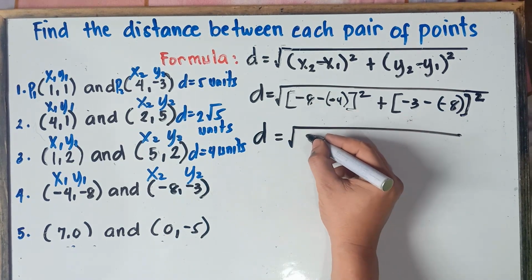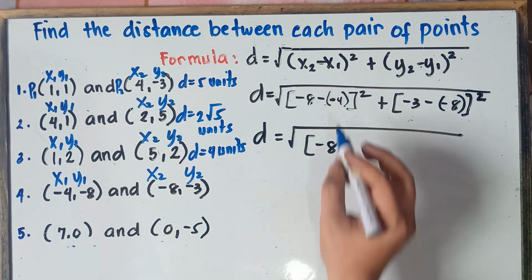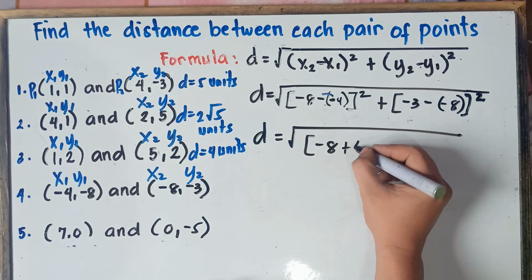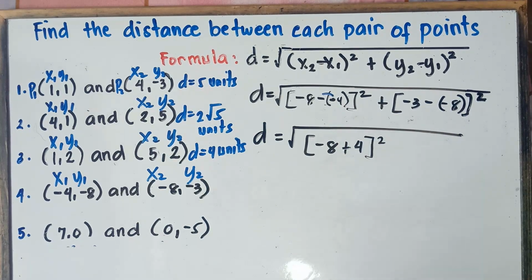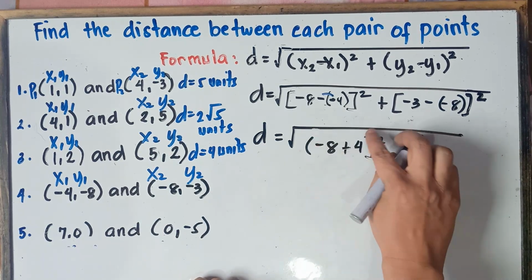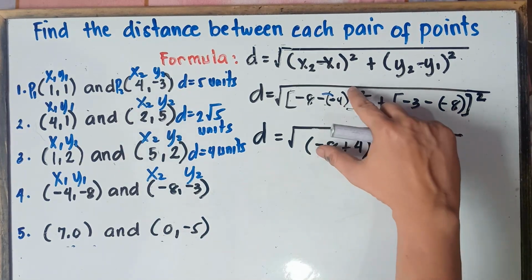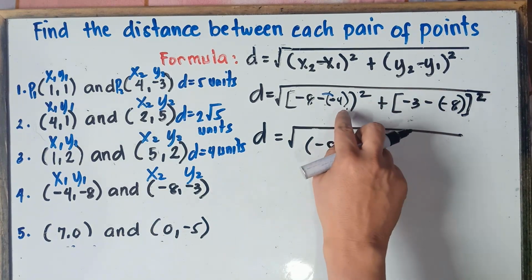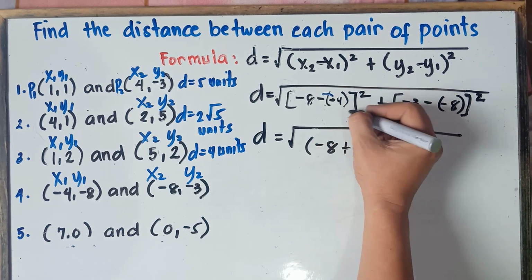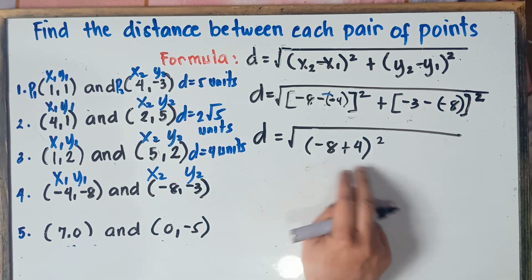Alright, then use brackets. So this will be negative 8. Negative times negative, you need to multiply the signs. Negative times negative, it will become positive. And then copy 4 and then bracket squared. Okay, we can now put parentheses. A while ago, class, I just put brackets for us not to be confused because we have parentheses, another parenthesis, close parenthesis, another close parenthesis, and we will be confused, class. That's why I put bracket. This time, we can now put parentheses because we don't have another parenthesis.